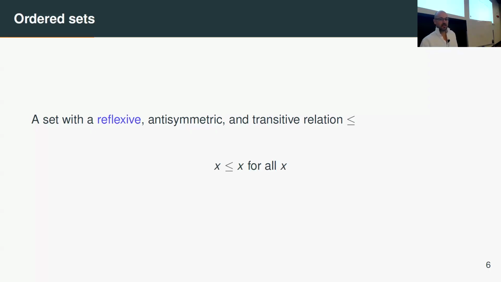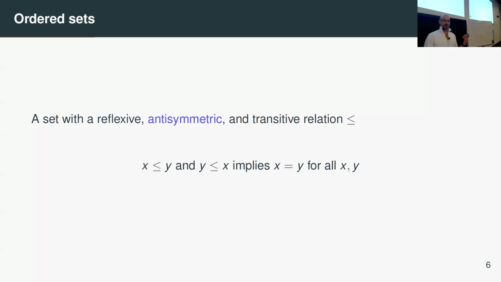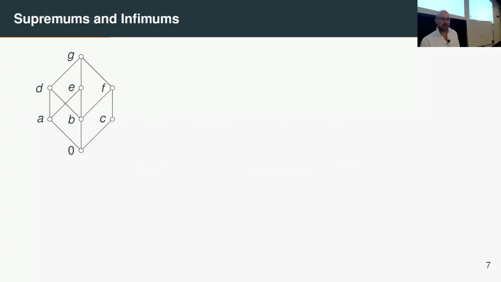So we have reflexivity, anti-symmetry: if x is below y and y is below x, then they have to be equal. And transitivity, I think, is probably very familiar. We can draw these by way of a diagram, sometimes called a Hasse diagram, where we just go upwards. So here A is less than or equal to E, A is less than or equal to G. So transitivity means we can skip upwards along these edges. Can't go sideways or downwards. Downwards would be the other way around in the order. Less than or equal to means going upwards.